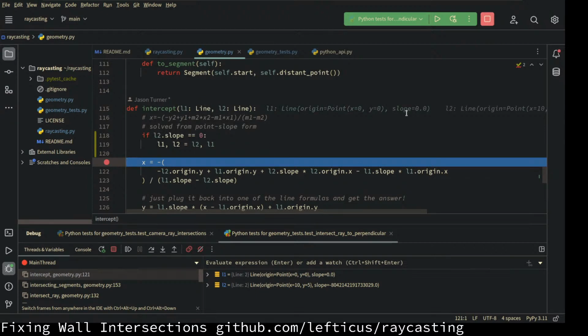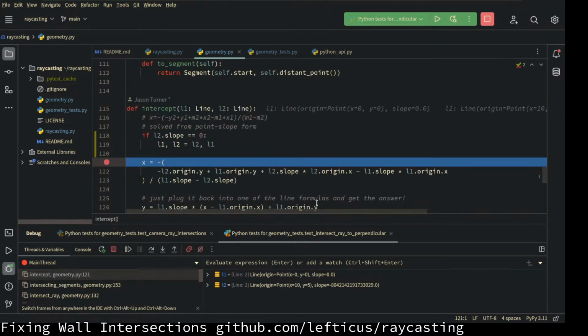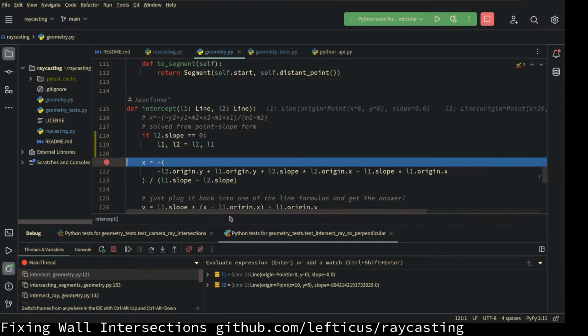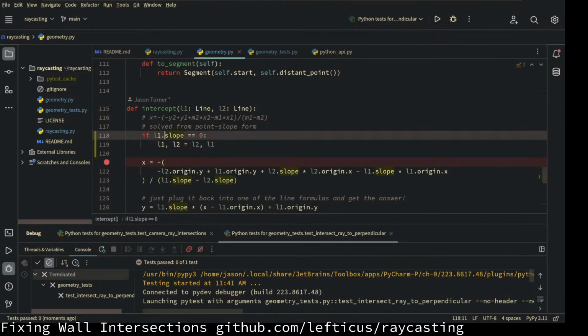And it is L2. Wait, what? Oh, no, I've already performed the swap in that case. Line 1 was the one with the very large slope. And then I did the slope swap. Okay, so